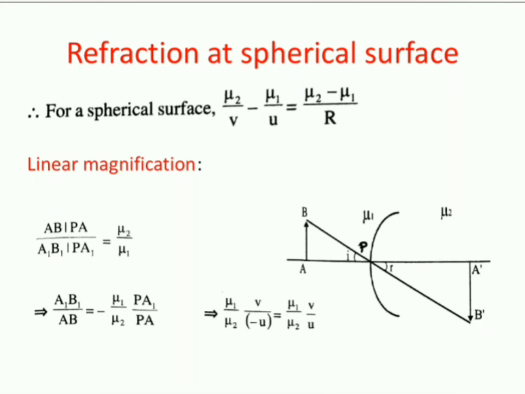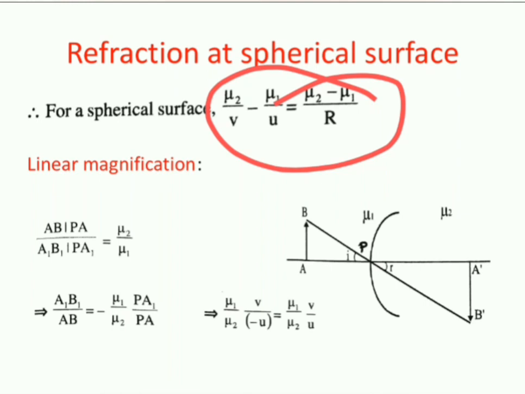Okay, now coming to refraction at spherical surfaces. First, look at the formulas that you need to remember for studying refraction at spherical surfaces. Whenever refraction occurs at a spherical surface, the object is in mu1 and the image is in the medium mu2. Then mu2 by v minus mu1 by u will always be equal to mu2 minus mu1 by r. And this is without any sign convention. When you are doing the numericals, make use of the proper sign convention.